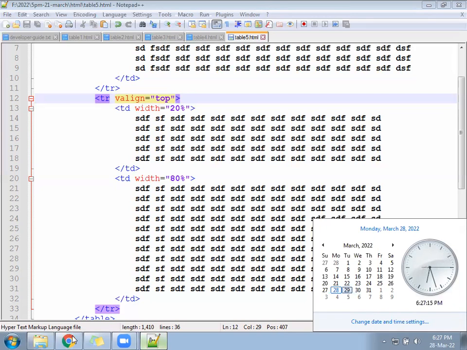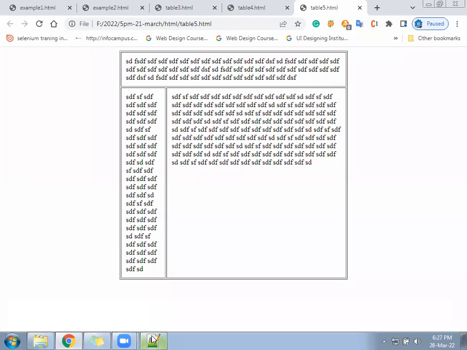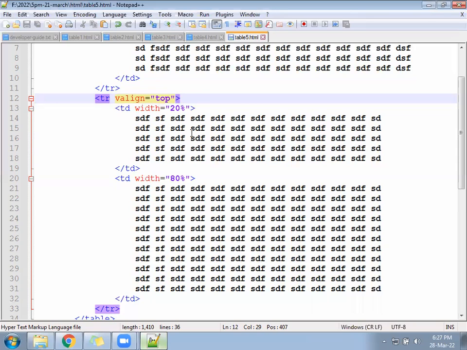Hope ready? Check now how it is happening. Contents are starting from the top. Yes, that is called V align, as a vertical align. Right. So hope we got some idea. Now we'll